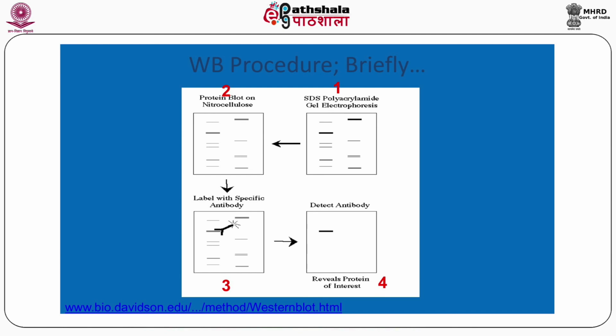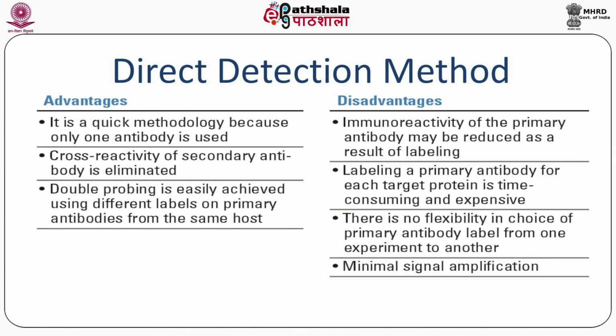We add the substrate of the enzyme, and the substrate gets converted into a product, and once it forms product, it shows an illumination, or chemiluminescence, and that can be captured and photographed, and then you can see beautiful bands on the gel. Now, for the direct methods, there are certain advantages and disadvantages. I recommend you go through these slides very carefully about the different ways.